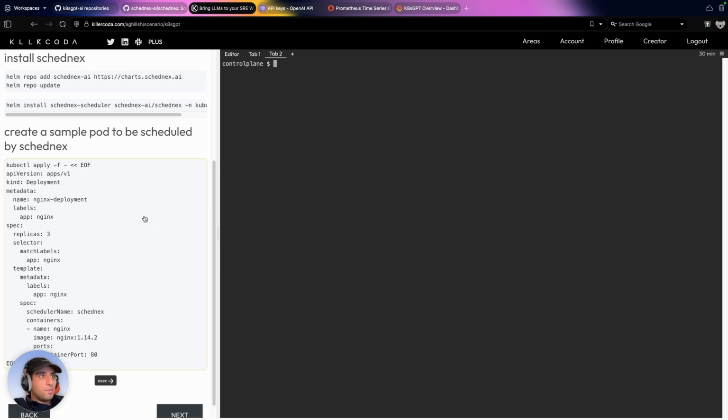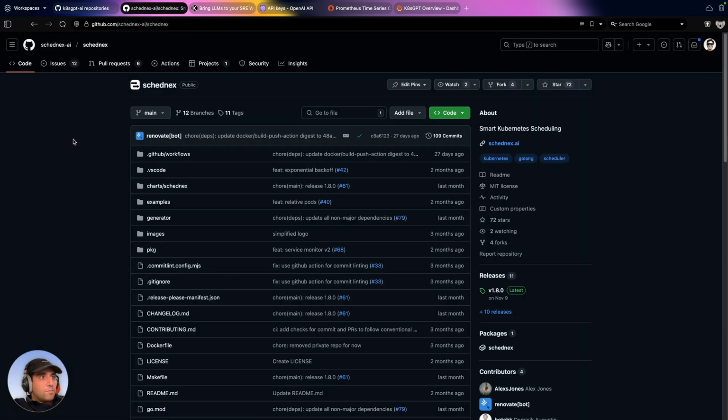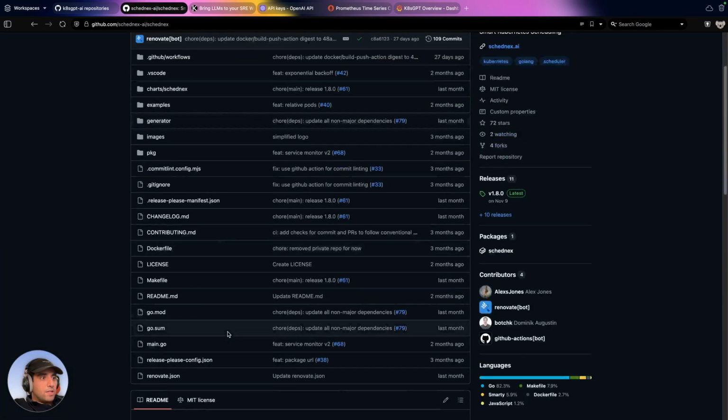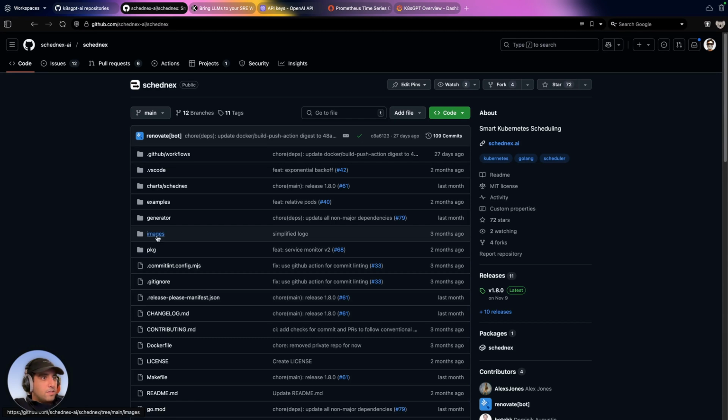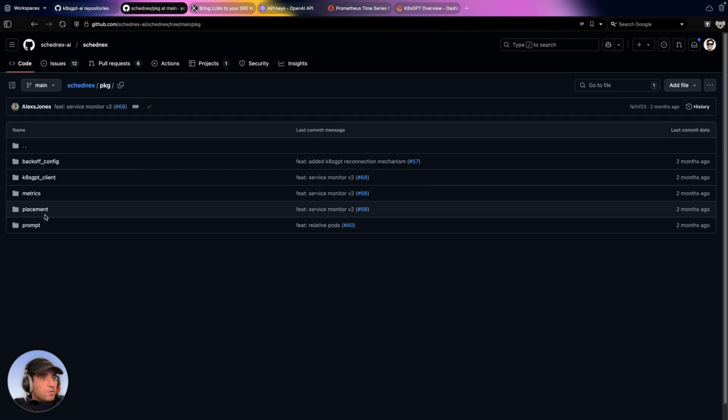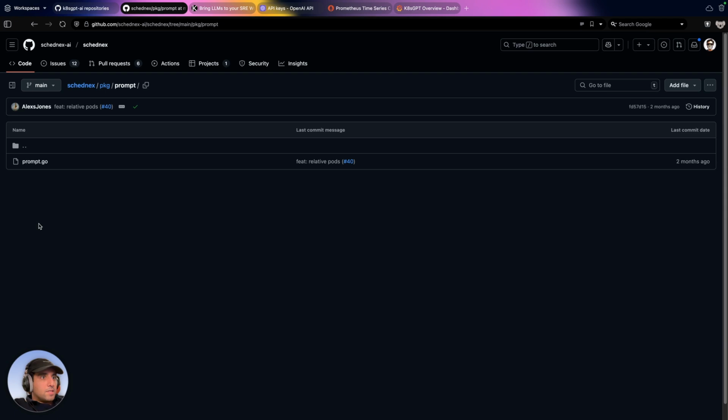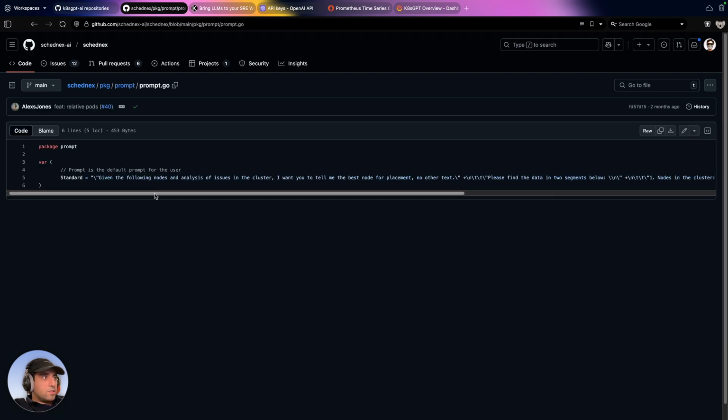So before I run the command and look at the Schednex magic happening, I am going to look at the code. You can definitely check out the code and see how it actually does this scheduling. If you look at the packages, in the prompt section, as I said, it's just a POC, super simple. It sends such a prompt to the K8sGPT server. Basically, you can just simply read it. As I said, it's based on natural language. Given the following node and analysis of issues in the cluster, I want you to tell me the best node